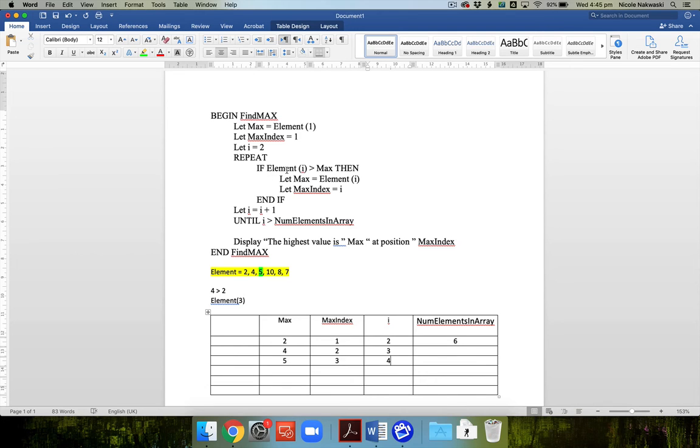So if element I is now equal to 4. So if element 4, which now if I look at my array, is 10. If 10 is greater than max, is 10 greater than max? Yeah, it is. Okay. Let max equal element I, which is element 4. So again, 10 was greater than 5, so I've replaced it, and let max index equal I, max index equal